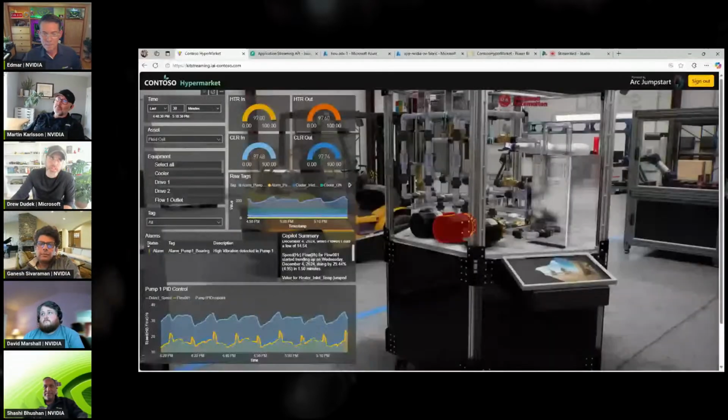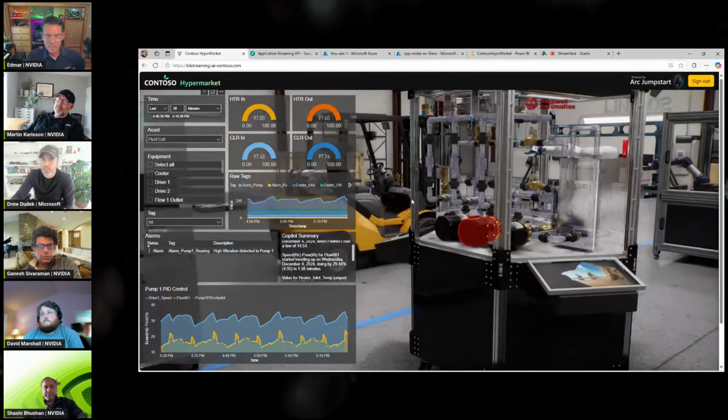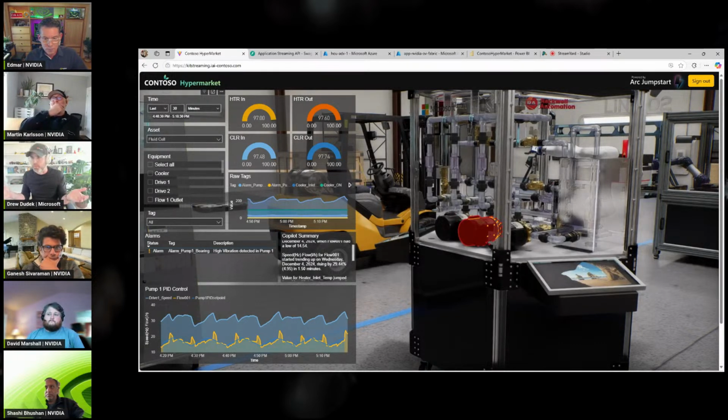There you go. Okay. Yeah. So you just saw Aaron in the actual facility. So that's the edge. And what you're seeing here is an actual demo of the repo we made open source to show the developer community how to connect the NVIDIA platform with the Microsoft platform. So what you're seeing here is